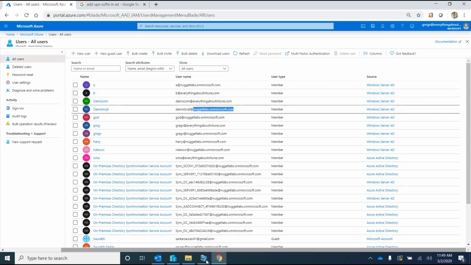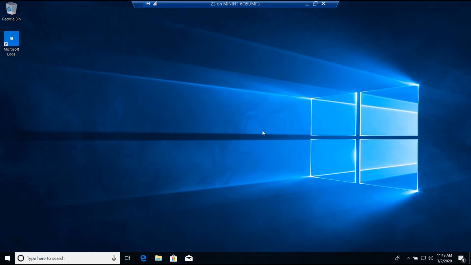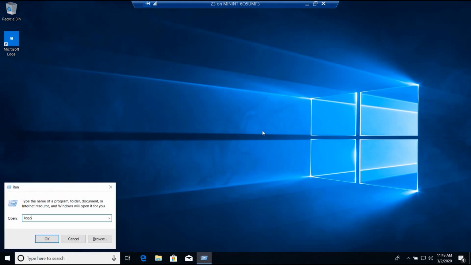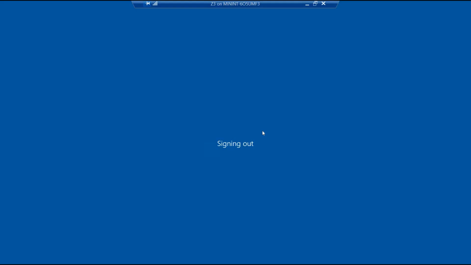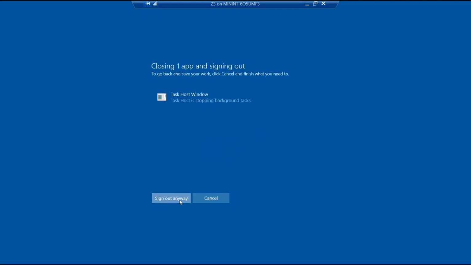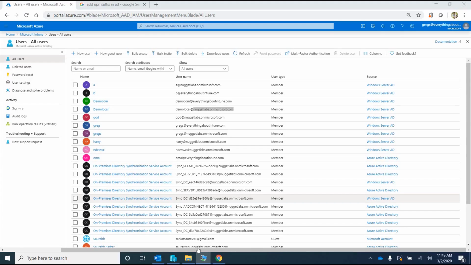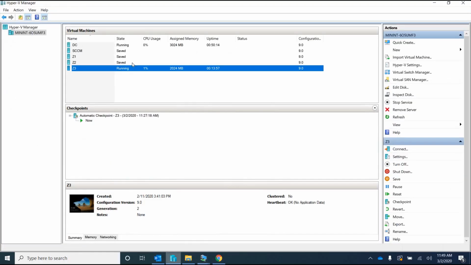Once that user syncs to Azure, it is going to have the same UPN suffix. So now what is happening is, if I go into the Z3 device, the advantage, let me show it to you. The user B is not created as b@demo.com. The user B is created as b@everythingaboutintune.com. So what I can do is I can go into connect and